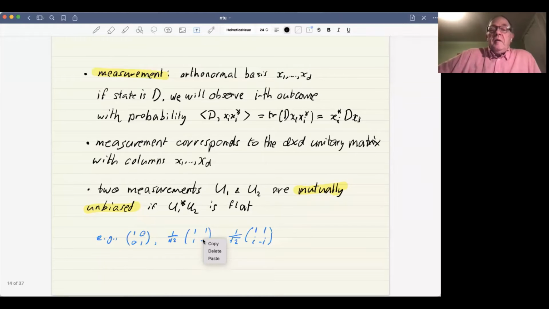Now, the point is that the measurement is being specified by an orthonormal basis. And in quantum computing, this is more or less the only measurement they use. There are other situations where you may have more sophisticated measurements, but this is all they use in quantum computing. So we have the measurement, we have the probabilities. And the other comment I make is if you're lazy and change your orthonormal basis to be the standard basis,